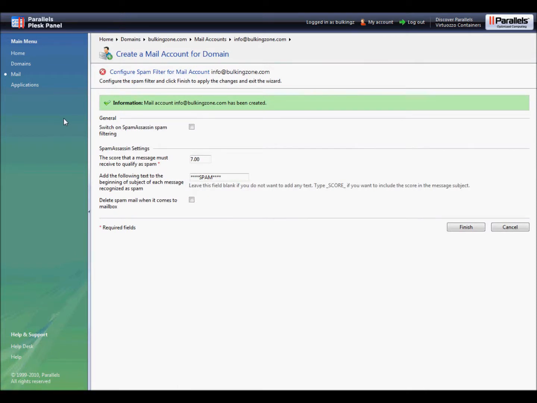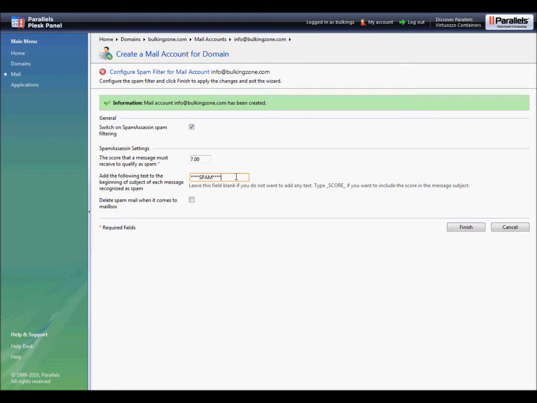We have chosen on Want2Host to offer you the Spam Assassin spam filter, and it comes free with every hosting account. All you have to do is to check this box, and the spam filter is working. You can change the quality score of a spam mail, but the most optimal setting should be 7. You could adjust the message spam mails arrive with, but we'll leave it at this.